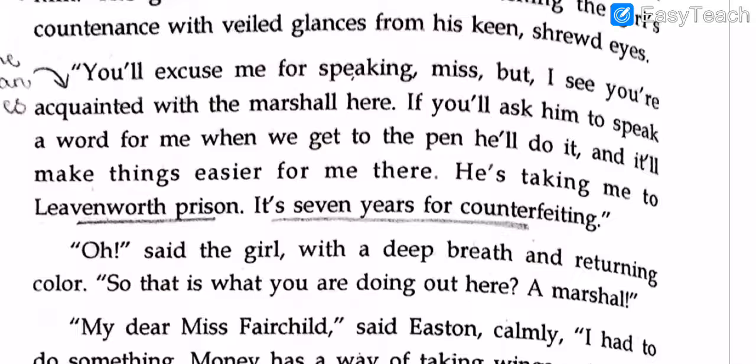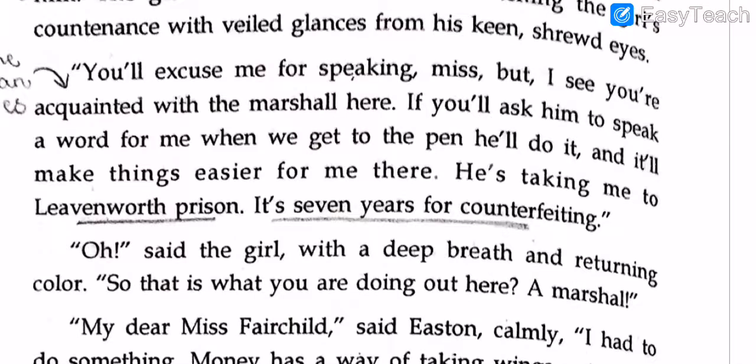She seems very interested in Mr. Easton, and so does Mr. Easton in Miss Fairchild. She says that you ride and shoot and go on into all kinds of dangers that's different from the Washington life. "You have been missed from the old crowd." So she mentions that, hey, I miss you. You're an old friend, but I miss you in the old crowd that we all used to live in, and that's why we say that they're old friends, because they've known each other for a long time. "Now the girl's eyes, fascinated, went back, widening a little to rest upon the glittering handcuff." So after this conversation, she starts looking at the handcuff again, which was referred to as a shining bracelet before.